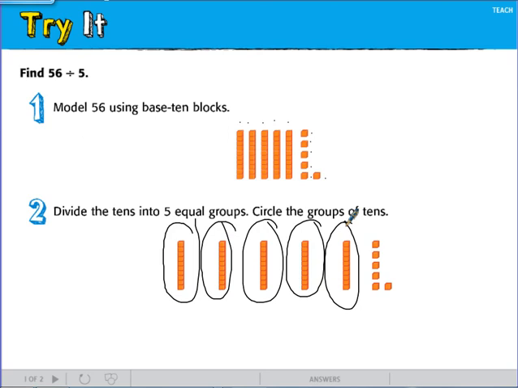After that, I need to figure out how many 1s I need to add to each group. So I need to divide my 1s into 5 groups. There's 1, 2, 3, 4, 5. What happened to this one? It's a remainder. Very good. So,